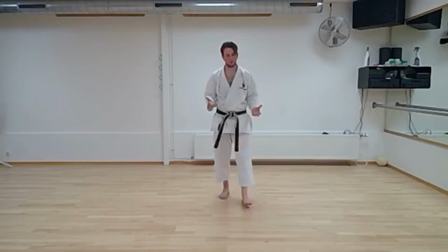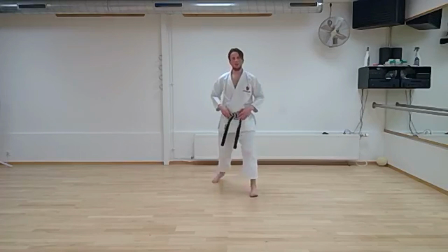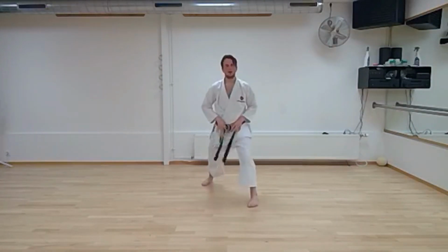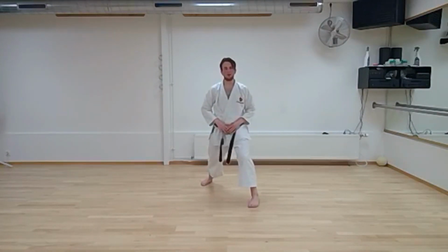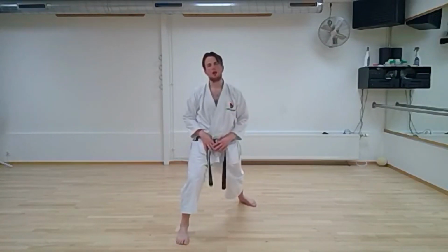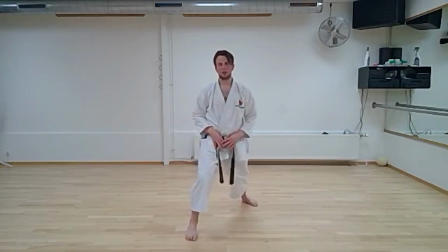So let's start with something simple. Let's just warm up a little bit more with moving back and forth. So let's go from here and keep your hands on your belt and really pull your belt forward and think about moving the back leg quickly and really move from below here. Ich, ni, san,